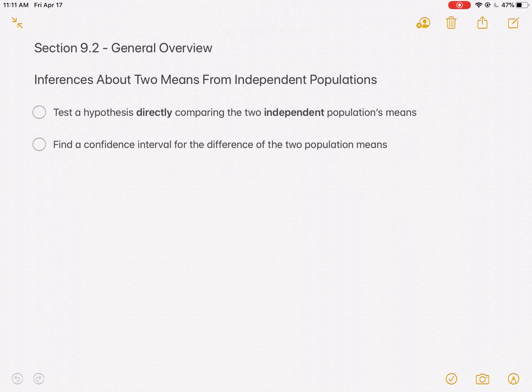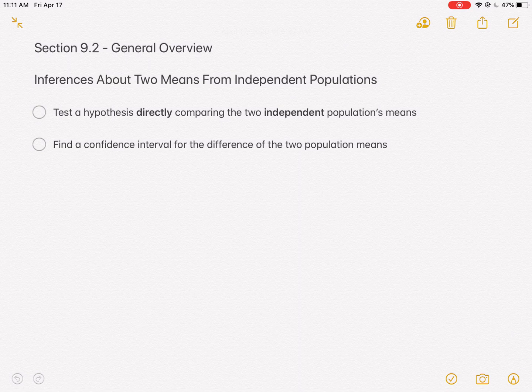Okay, welcome to 9.2. I thought I'd still give a general overview of what's happening. It's very similar to 9.1, except the workload's going to be a little bit less. The formulas are cleaner, information easier to find. You won't have numbers that go on forever, and so you have to write them in their big fraction form. And so, in many ways, 9.2 is a simplified version of 9.1, only because of context, but you're accomplishing the